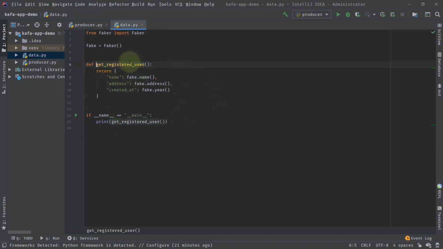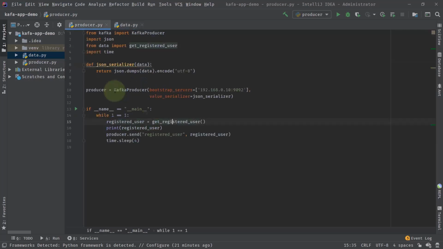So this is the registered user. We have used a Faker library. We have seen this in the previous video only. So I'll go back here, and then we are using this JSON serializer to serialize the data. Finally, we are sending the data using this producer to the registered user topic, and the registered user is this. I'm also printing the registered user, and we are also putting it inside a while loop